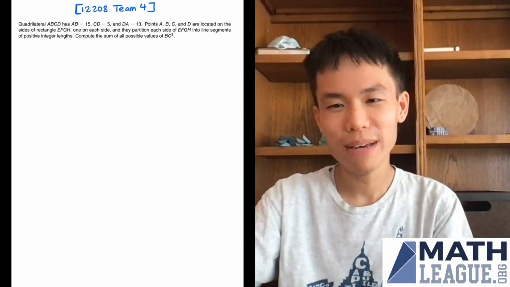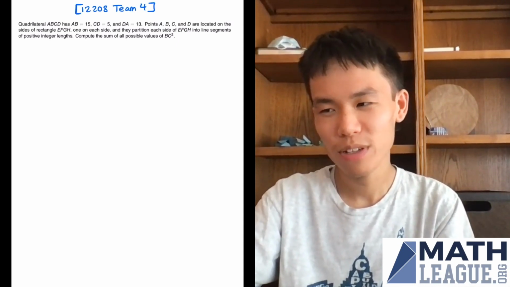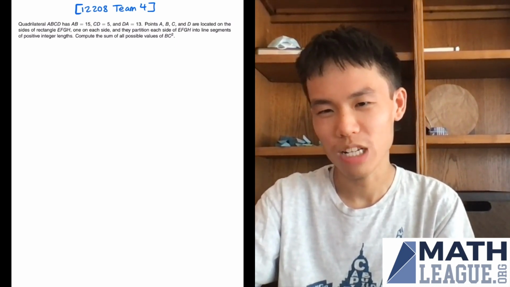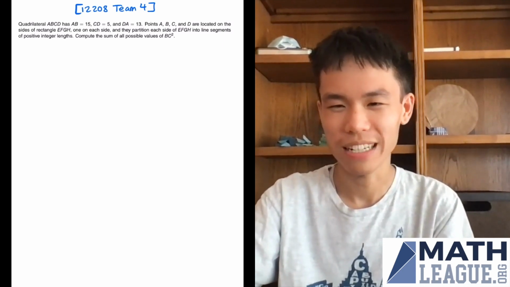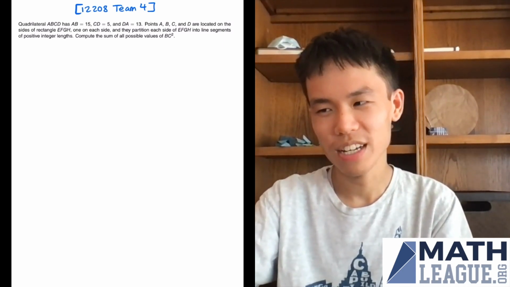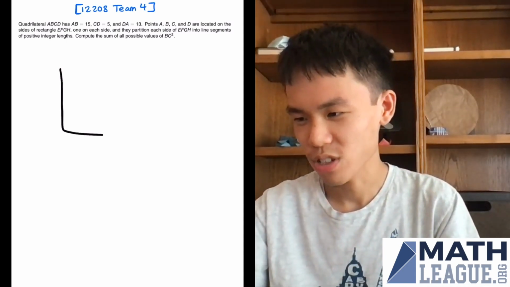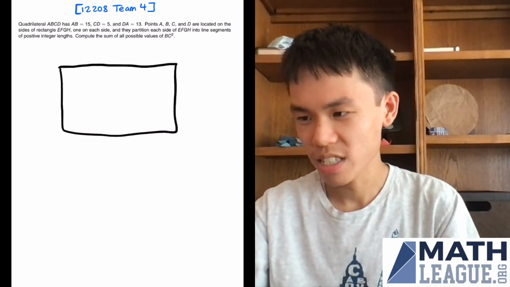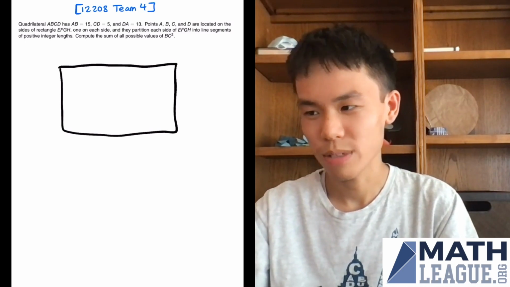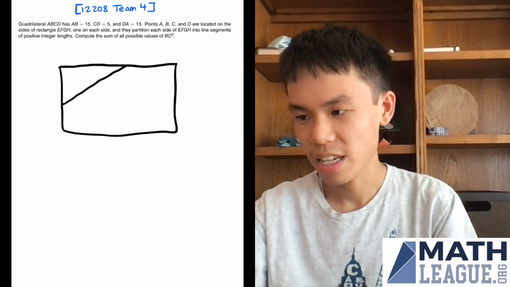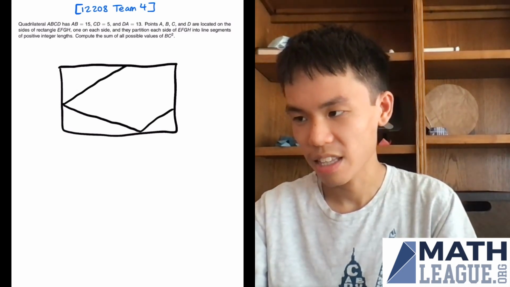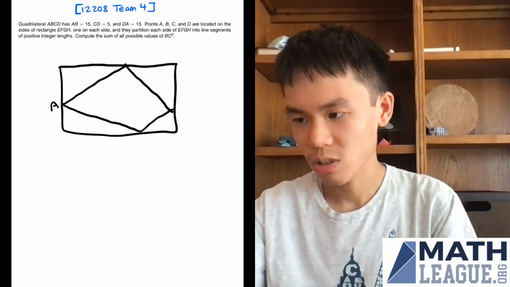Hello, I'm finally back to the standard setup here, and now I'm doing this one problem that talks about a quadrilateral inside another quadrilateral. I need to find the possible side length. So I think it's a good idea to draw this quadrilateral first. I've got this rectangle that ABCD will be inside, and then we get AB and then DA and then CD. I'm going to label the sides as shown, as well as the lengths of them.